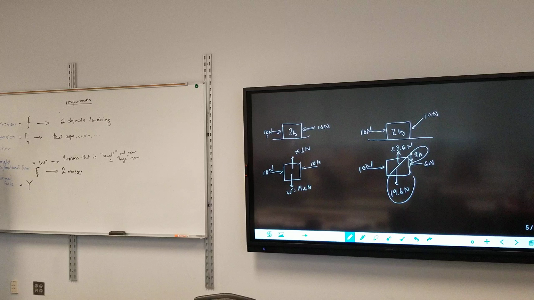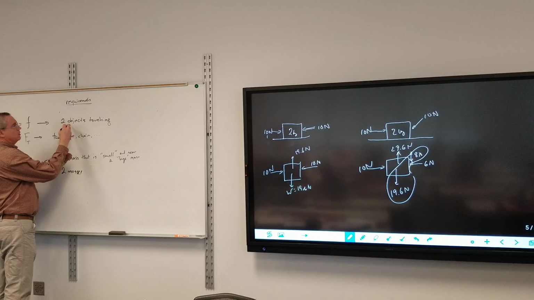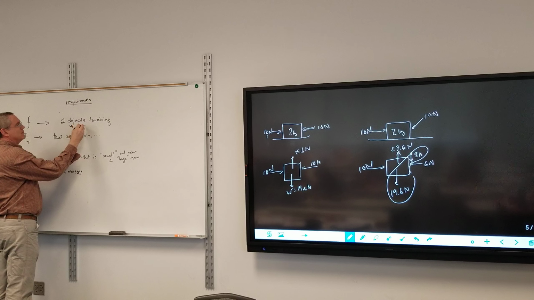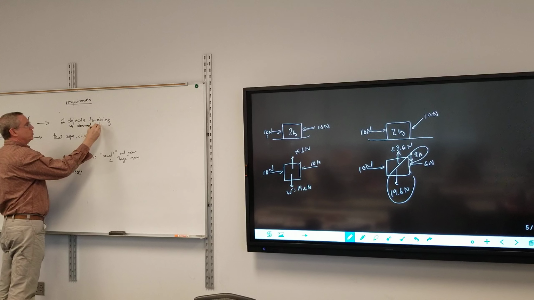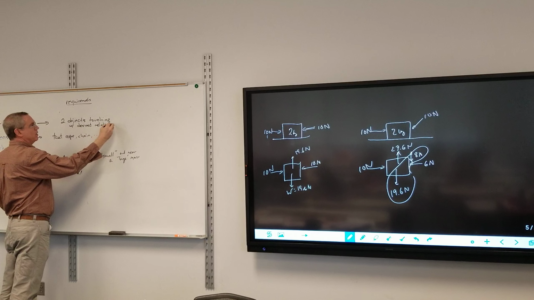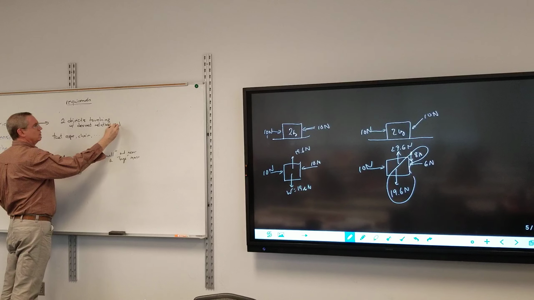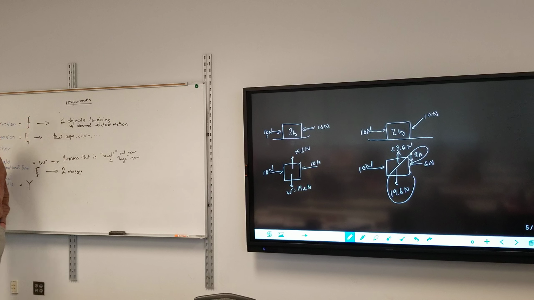We're not dealing with air resistance, and so objects do need to be touching. Even with air resistance, you have to be touching the air, but it does require contact. Two objects touching with desired relative motion. We will definitely get into more detail about what I mean by desired relative motion. The relative part is that it's relative to the object it's touching. It doesn't matter if